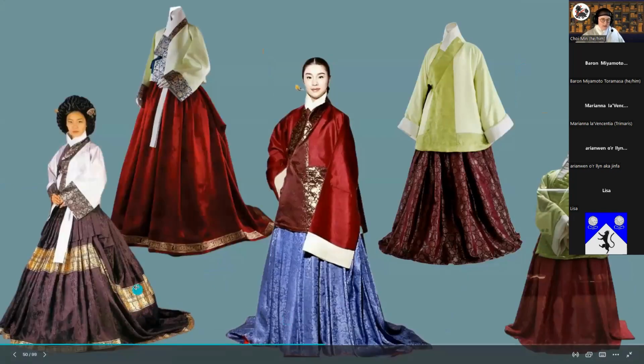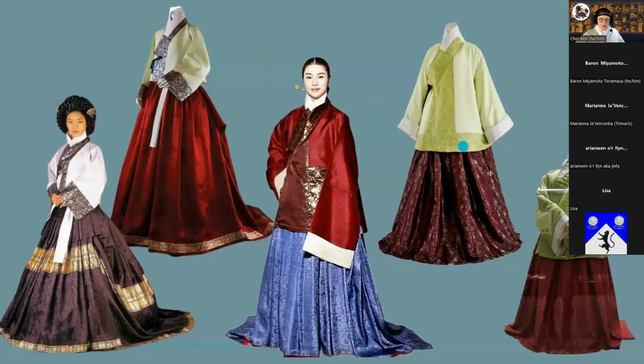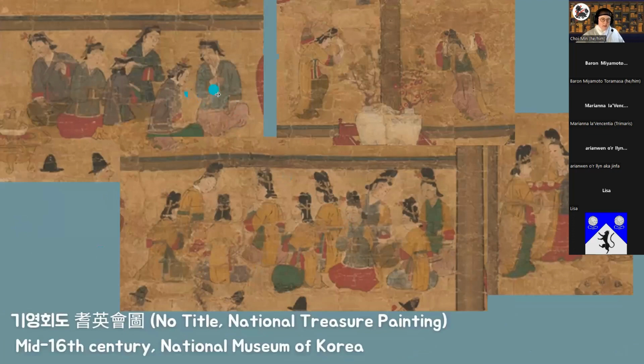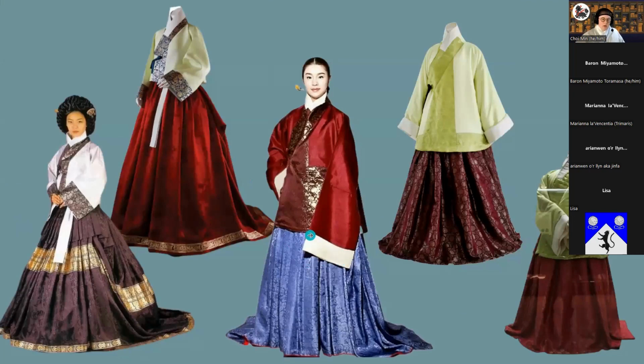Here's some interpretations. Here you can see some are dated, and I think this is the same garment, but one in a very unflattering picture in a case. And we do have evidence of the women's top having a fancy brocade in the front here, and then the rest of it being another thing. And then these ones, they're rolling back the sleeves on this one, but this one here, it's just attached. It used to be a separate sleeve underneath, but nearing this time period it's just sewn on.